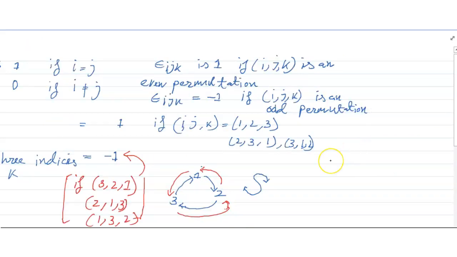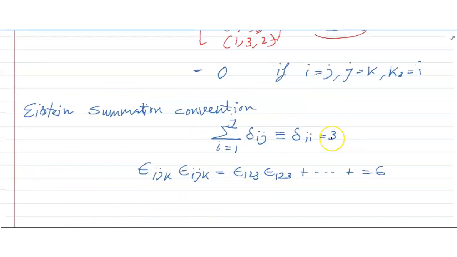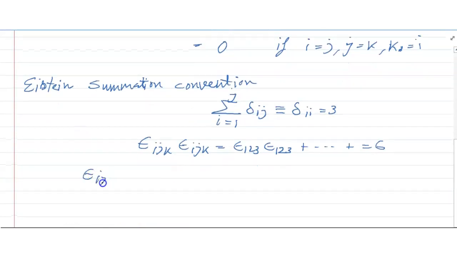Epsilon ijk equals minus 1 means an odd permutation. For that, friends, epsilon ijk, epsilon lmn